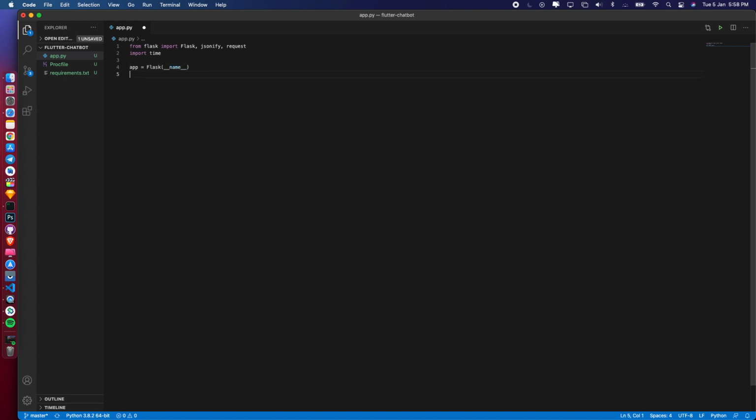Okay, now we need to define some route, and I will be writing this route as /bot, and the method would be POST. Whenever we will be sending any query, we need to write this. We'll be sending this query to the URL. Remember that bot variable that we created in main.dart. So we will be writing the URL for our Heroku app and /bot, because that is the route for our query. And I will be defining a new function here, named response.